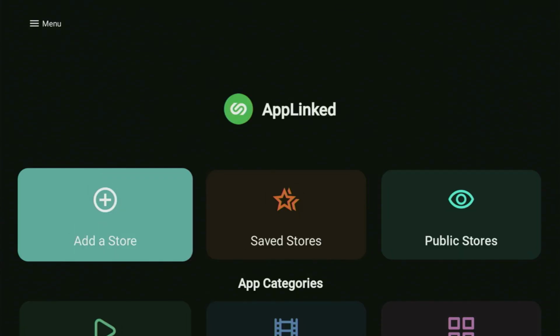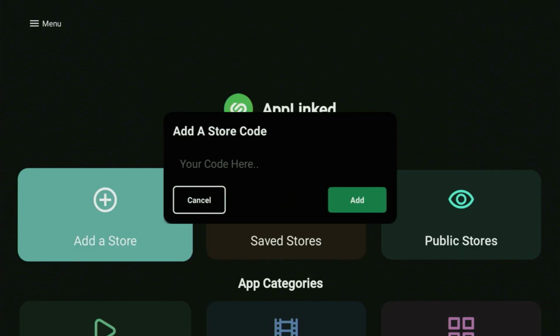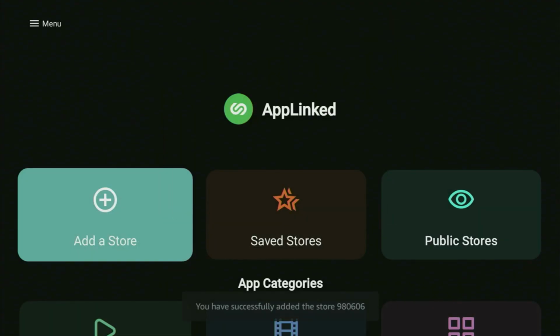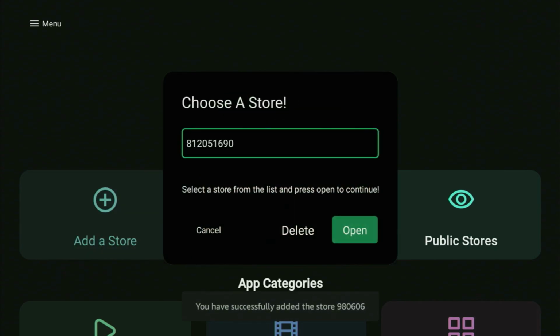So that's the first code that I gave you for the Applinked application, but it is definitely not the last one. So let's go back and click on add a store again. And now I will give you even more codes that you can use on your Applinked application. So we enter the bar and start entering another code. It's going to be 980606. Click on the go button, click add, and then again we go to saved stores